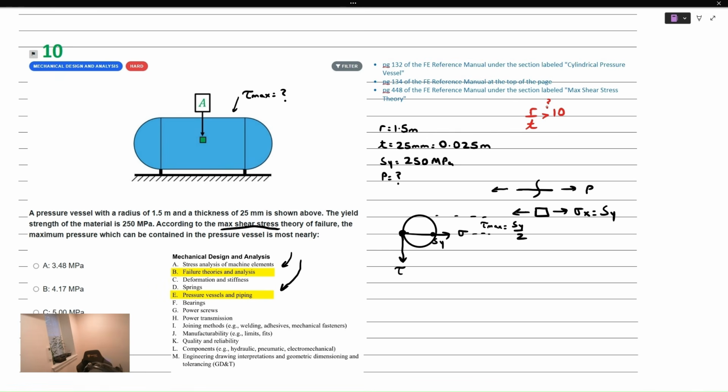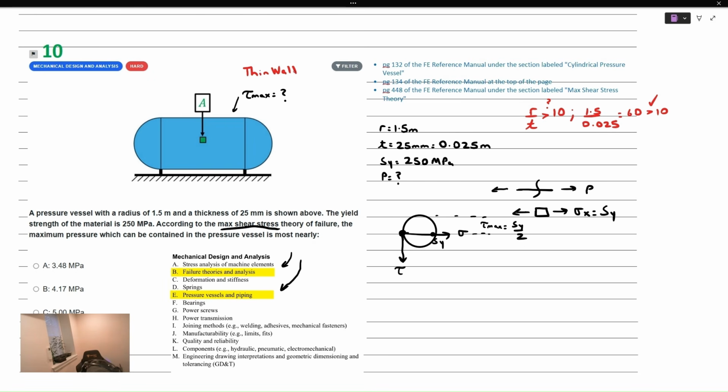If it is, it's considered a thin wall pressure vessel. The radius is 1.5. The thickness is 0.025, same dimensions there, and that is actually equal to 60, and that's greater than 10, so we're good. We have a thin wall pressure vessel here,